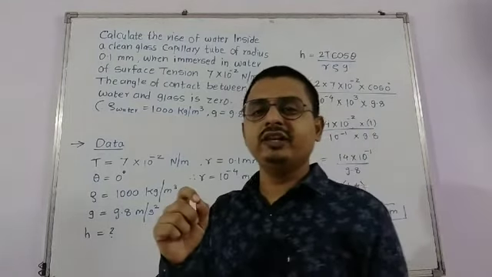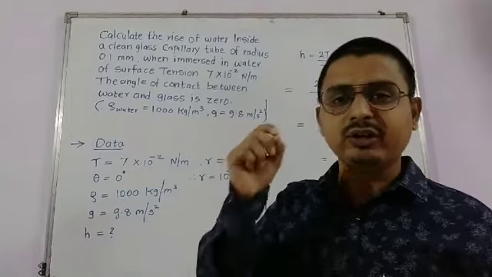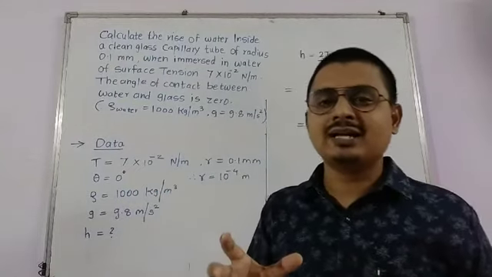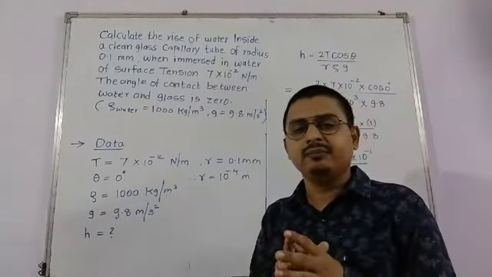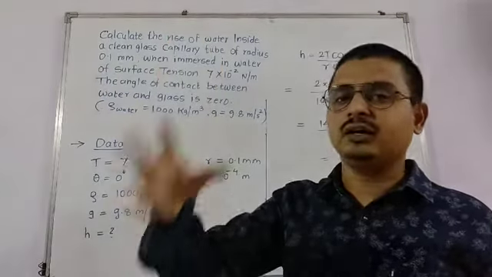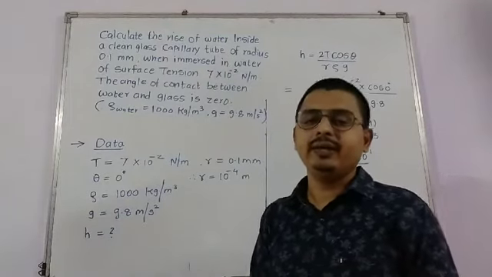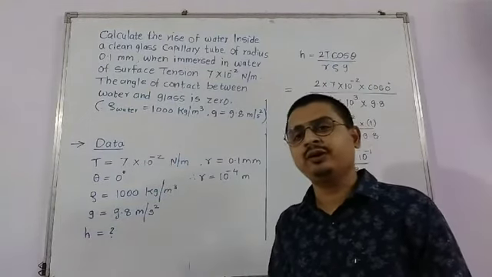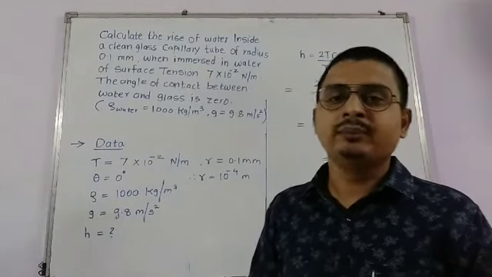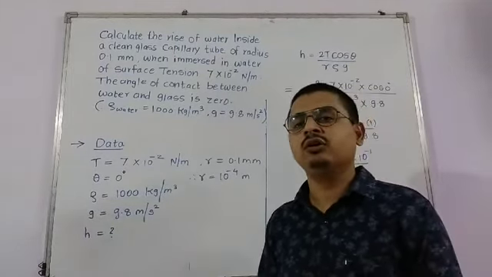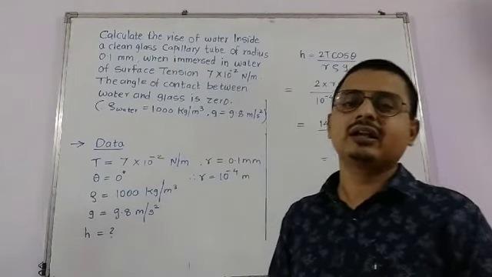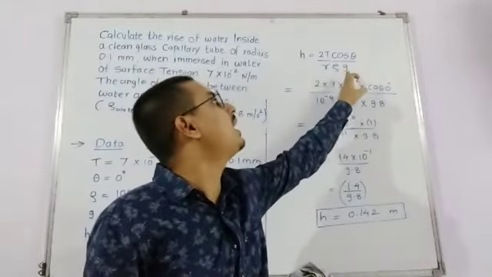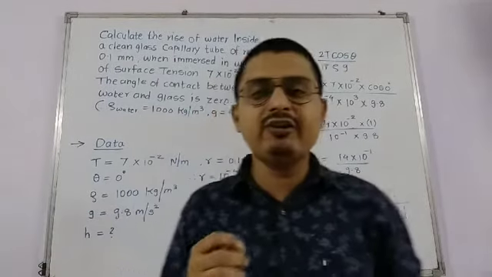Whenever we insert a capillary in a particular fluid present in a container, suppose there is a glass or a container which contains fluid, and if we insert a capillary tube into that fluid, there will be either a rise or a fall of liquid inside the capillary tube, and this phenomenon is called capillarity, which we have studied. And we also did its derivation, that the height by which the liquid rises or falls has a formula h is equal to 2T cos theta upon r rho g. Now each and every term we will look at.